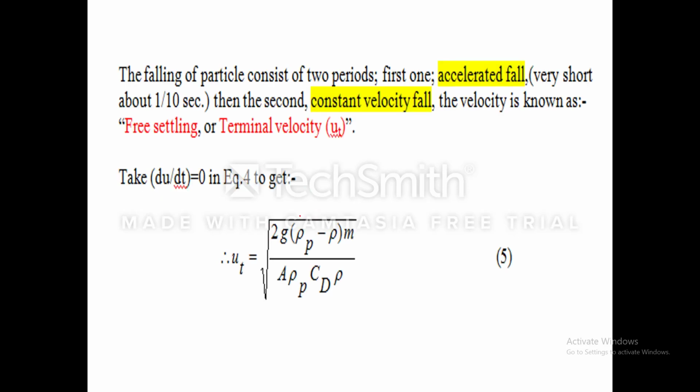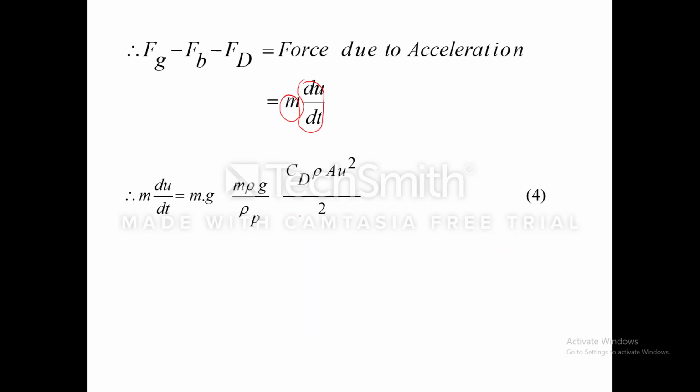The fall of the particle consists of two periods. First one, accelerated fall, very short, about 1 over 10 seconds. Then the second, constant velocity fall. The velocity is known as the settling or terminal velocity. Take du over dt equals 0 in equation 4. Here, we put du over dt equals 0,